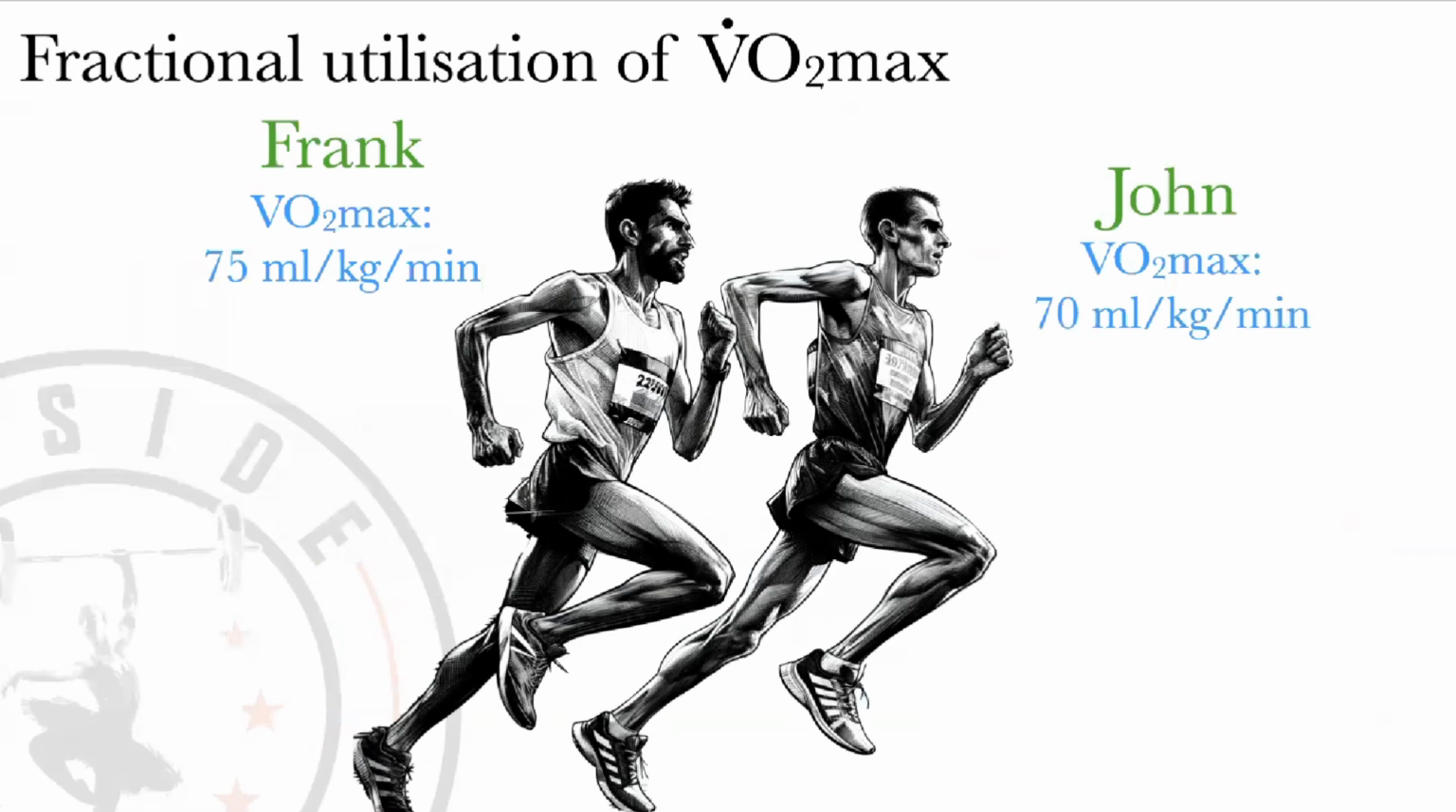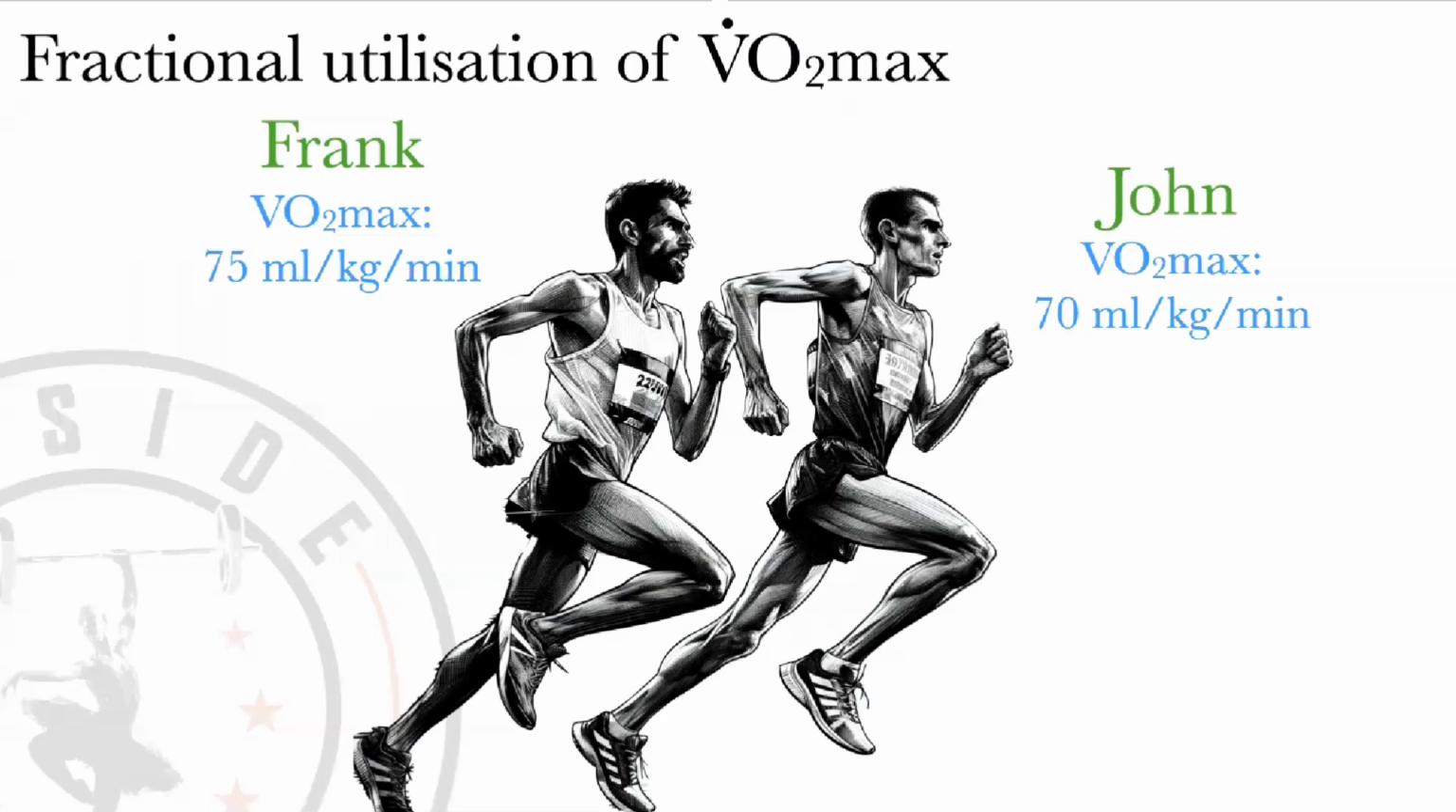So let's take two runners here, Frank and John. Frank has a VO2 max of 75 milliliters per kilo per minute, and John has a VO2 max of 70 milliliters per kilo per minute. Now, if you just looked at that value, you might say, well, Frank has a higher VO2 max, so he's going to be better at endurance events, right? Well, this again is a little bit too simplistic,